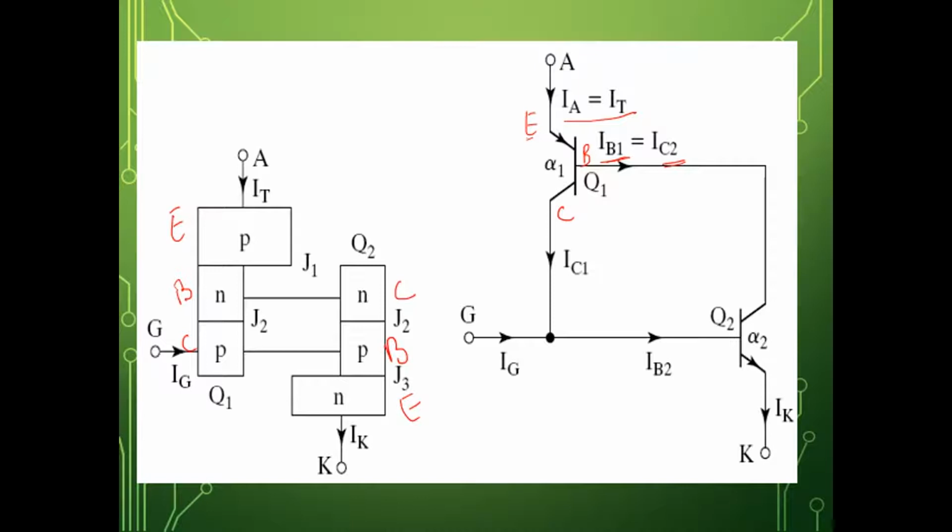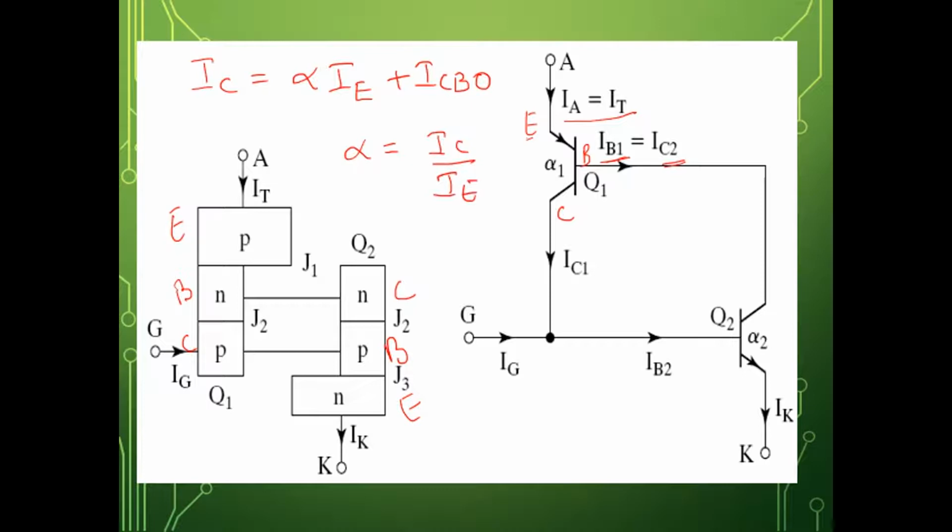For this, we have studied in the fundamentals of electronics the expression for the collector current in terms of leakage current, so we will write it first. We know that the collector current IC can be expressed as alpha into IE plus ICBO. IC is equal to alpha IE plus ICBO, where alpha is the current gain. This is the general expression. IE is the emitter current and ICBO is the leakage current of the collector base junction. Alpha is the current gain, which is IC by IE.